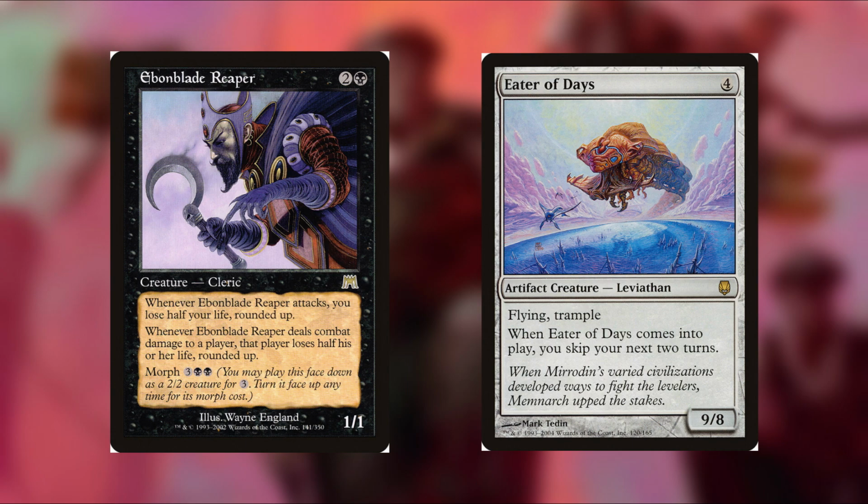Eater of Days is another really fun one. This is 4 mana for a 9/8 with flying and trample. It says whenever it comes into play, you skip your next 2 turns. So you just lock somebody out for a little bit. That's